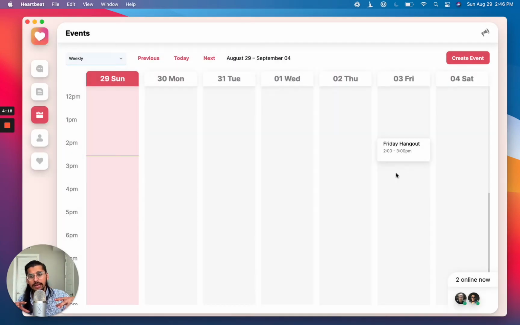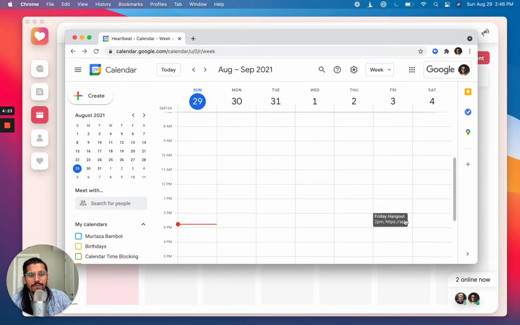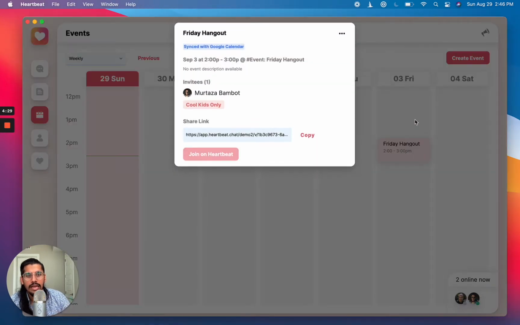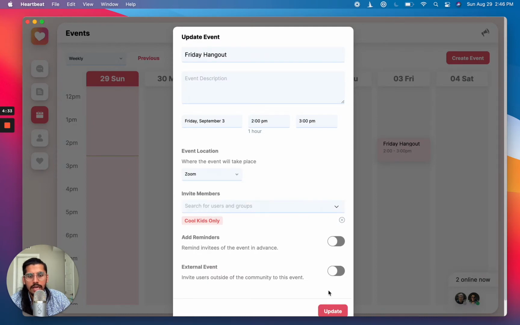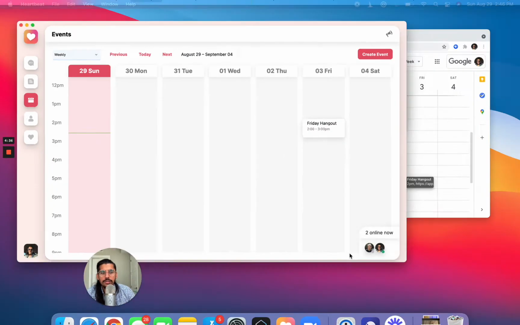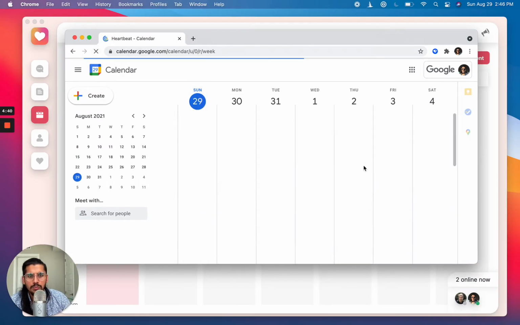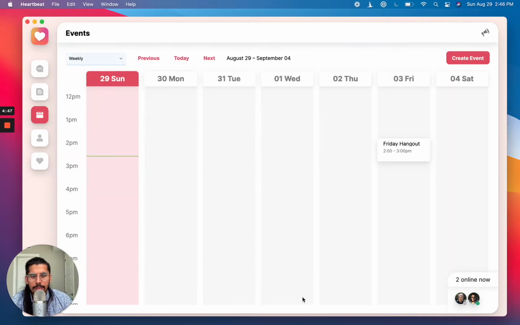And then when you create an event, we actually sync that whole thing to Google Calendar. So we've got this Friday Hangout synced to Google Calendar right now. It's got a Heartbeat link that I can jump into and instantly be a part of the event. And now I could even edit this and say, hey, I want to change this. I want to make it a Zoom event, hit update. And then as soon as I open up my Google Calendar and refresh this page, I should see that this is switched over to a Zoom link that I can jump into. So again, taking care of all of that, making it pretty instant in how fast things update.